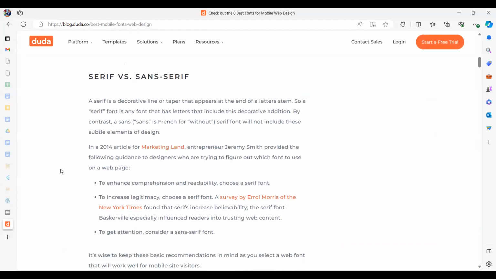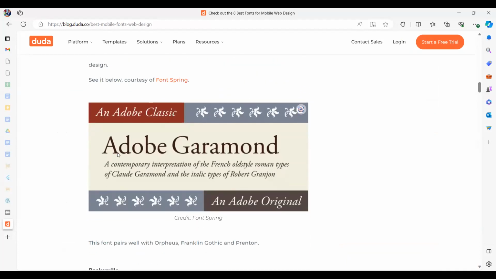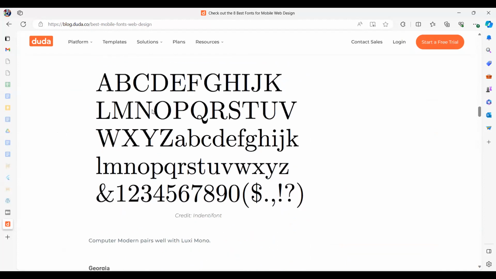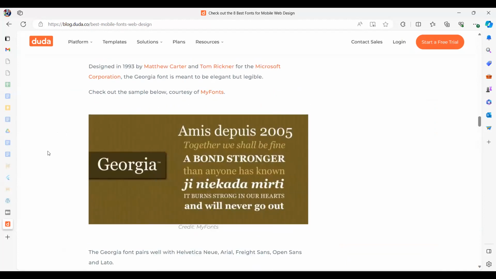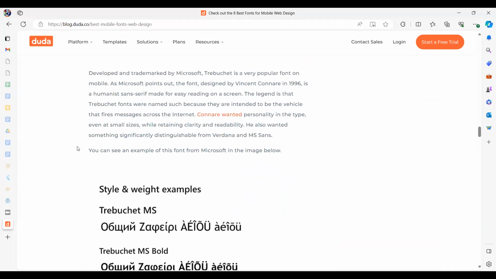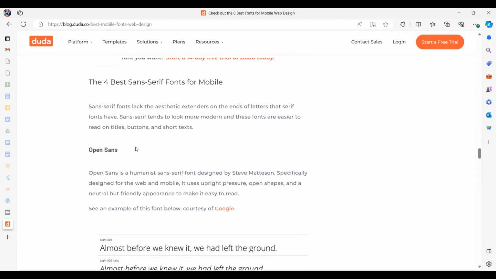So this one talks about two concepts. One is called serif font and a sans serif font. Now, a serif font has these little things like here. Adobe Garamond font has little things at the end of the letters, right? This one, Bakersfield, also has these little things called the serifs. Here's another one, Georgia, right? This one doesn't have the serif. This is called Trebuchet. This is a Microsoft font. They specifically designed it for web, but we can also use it for mobile.